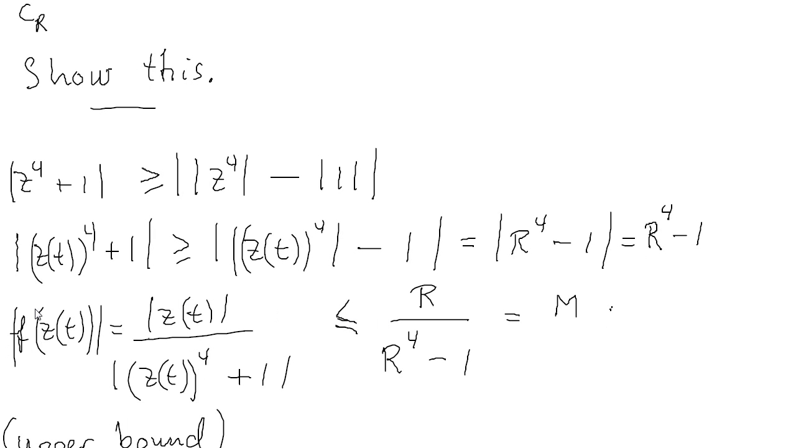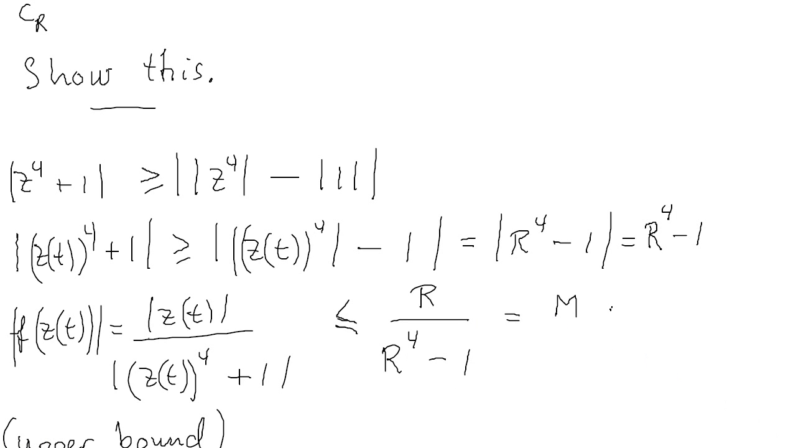Okay, now we know that the absolute value of f of z of t along this curve, which is equal to this expression, is always less than R over R to the power of 4 minus 1, because we know that the absolute value of the denominator is larger than R to the power of 4 minus 1, so taking this fraction, we must get the opposite, namely that this is larger than this. Calling this upper bound M,